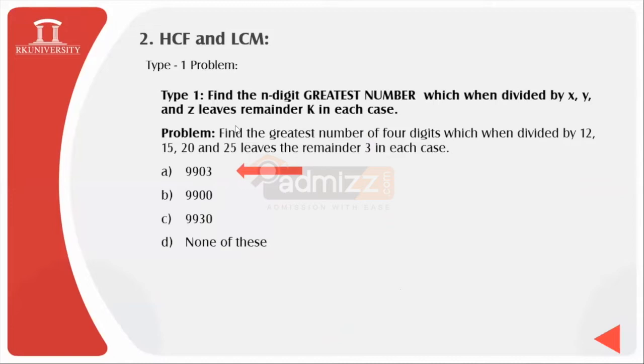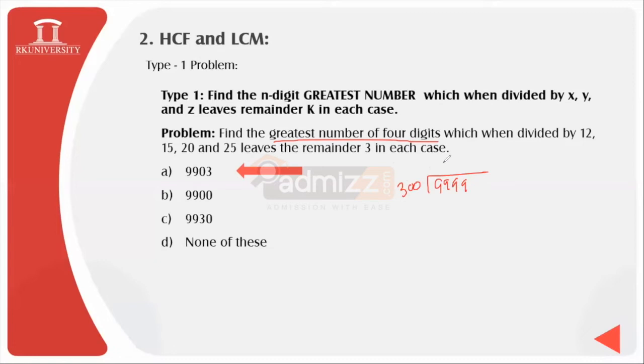One student has raised a query: sir, please repeat again after getting 300. So once again, students, I will simplify the question on a special request by one of our students. Since we know the greatest number of 4 digits, which is 9999, this turns out to be our dividend value, and the LCM value which we obtained, that is 300, turns out to be our divisor.